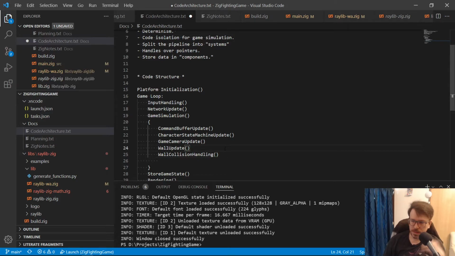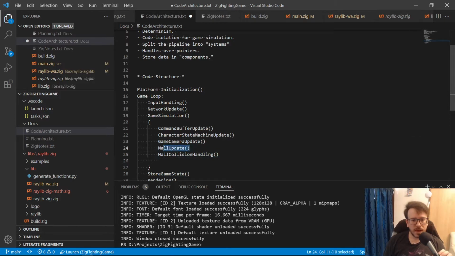But the thing is, we need to know if the character's new position is causing a collision. So that has to happen before, right? So all this stuff about putting things into stages, it's really important to consider when things actually happen. Otherwise, again, you'll get maybe one frame of a character appearing off screen when they shouldn't be, right? So if you ever have constraints on a system, you need those constraints to happen at the very end. So we have to handle the wall collision at the end, okay?